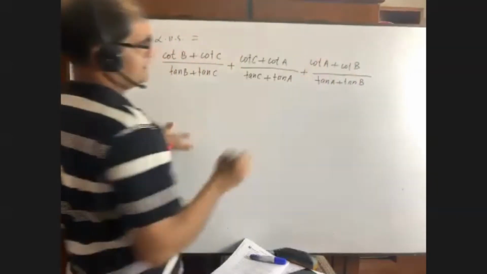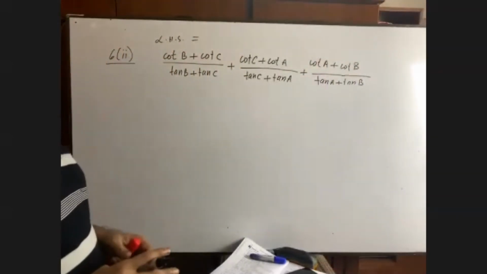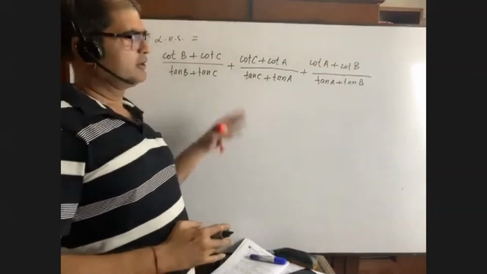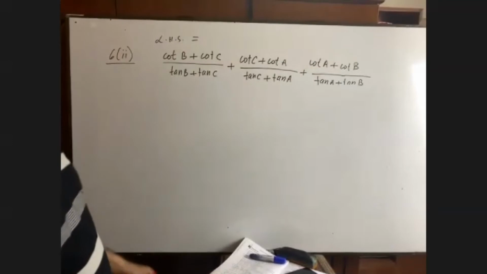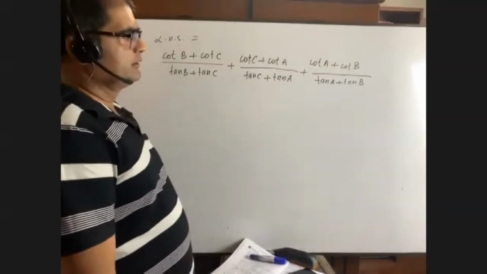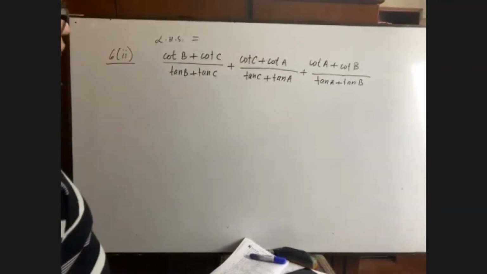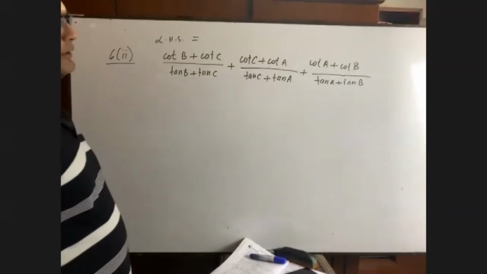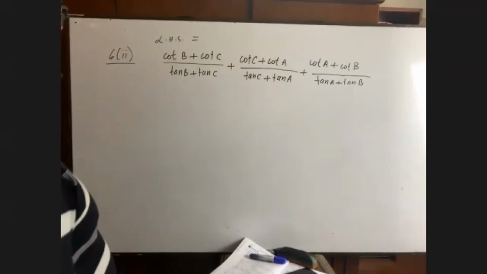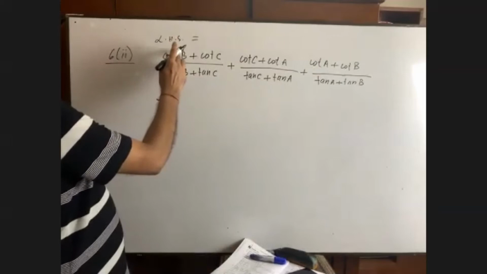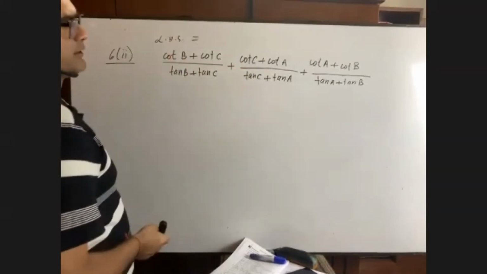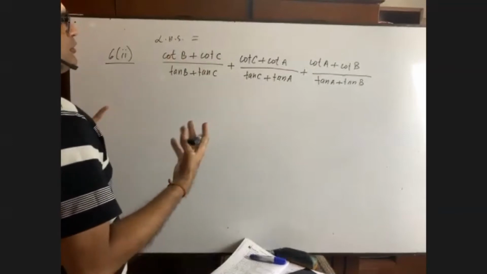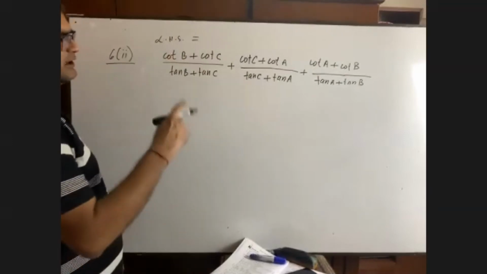You see, this math can be done in 2 ways. Number 1, you can convert all into sine and cosine. You will get the value, and you will get the previous math. But I am going to do this math in another way. It is cos B by sine B, it is sine B by cos B. Everything will be omitted. Now you just let me know which method you want to follow. Sine or cosine, or in this way.